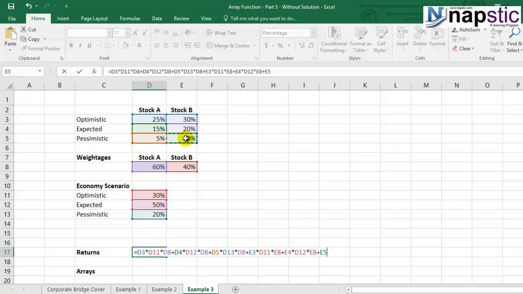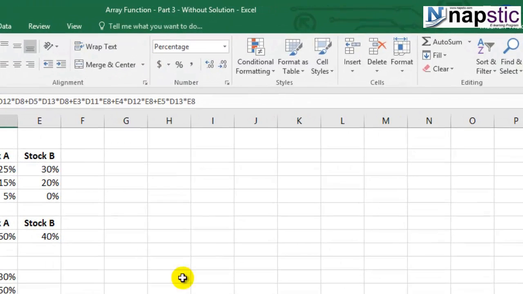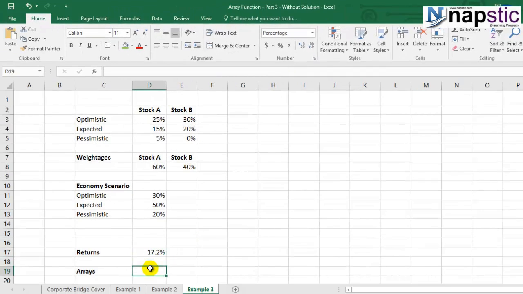Again we add up the pessimistic into the economy pessimistic multiplied by the weightage of stock B. This is the huge formula that we need to use to calculate the returns. If you hit enter, what you get is the returns from this portfolio. I'll just reduce the decimal points. 17.2 should be fine.